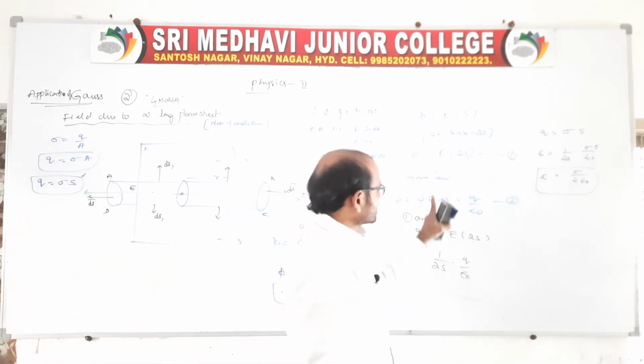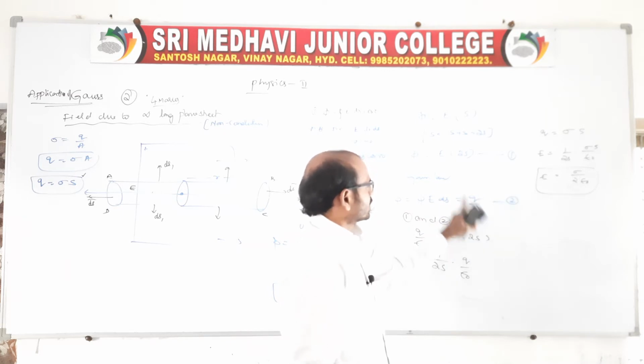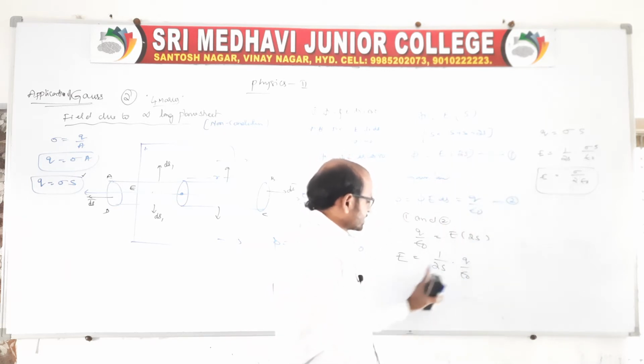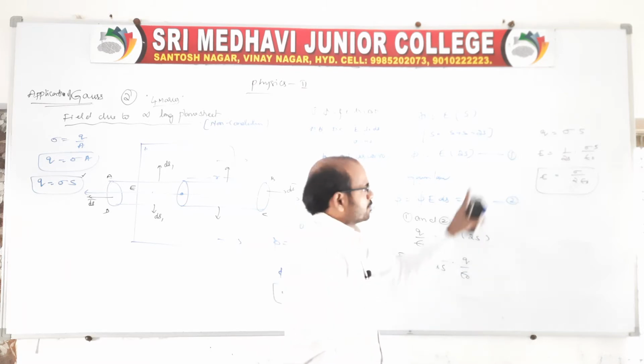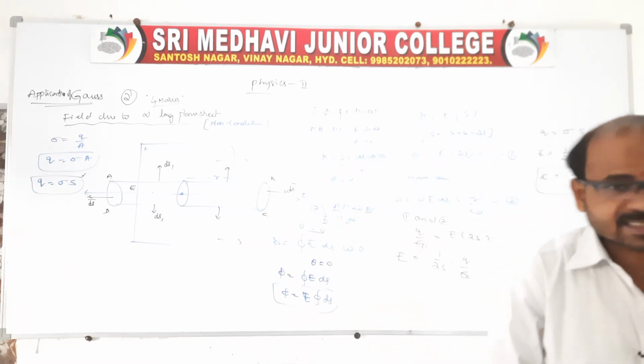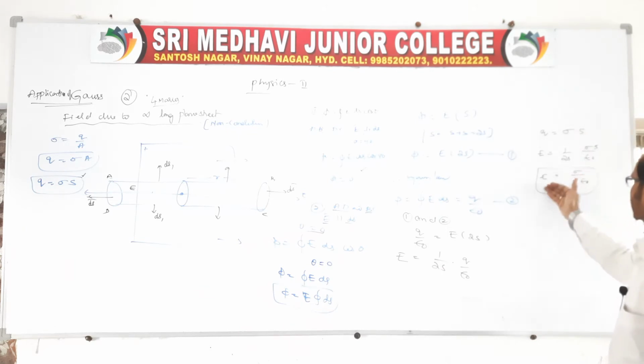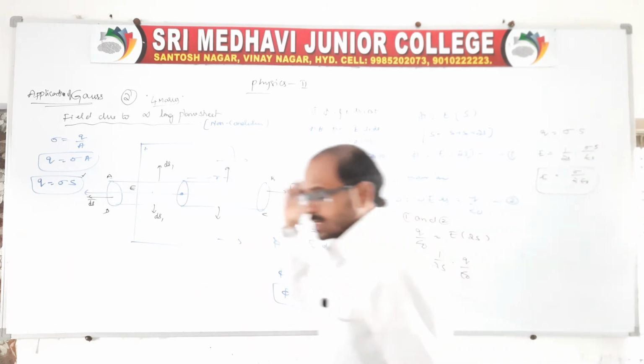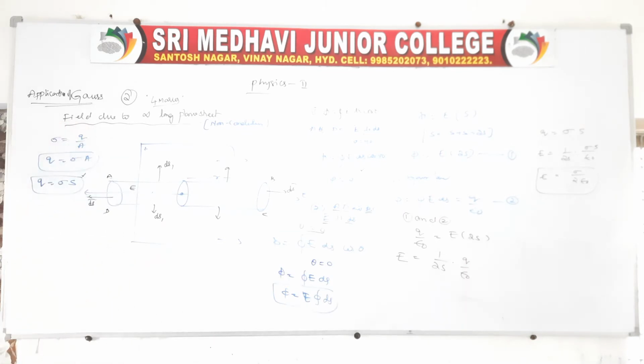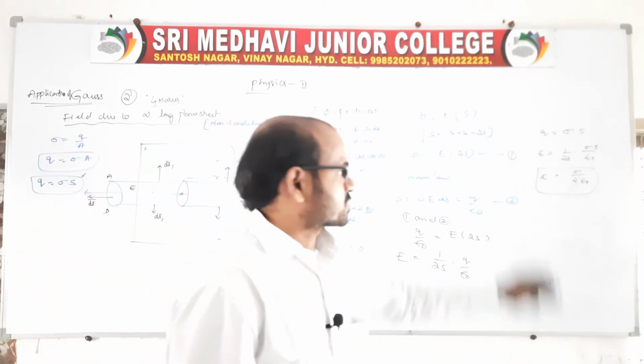So from Gauss law, flux is equal to Q by epsilon naught. Now equate these two, then E is equal to Q by epsilon naught into 2S. But we know Q is nothing but, based on the definition of surface charge density, sigma S, therefore E is equal to sigma by 2 epsilon naught. This derivation is important for the coming classes, because in the next chapter we will use this derivation and this final expression E is equal to sigma by 2 epsilon naught. So it is important for the next chapter also, right?